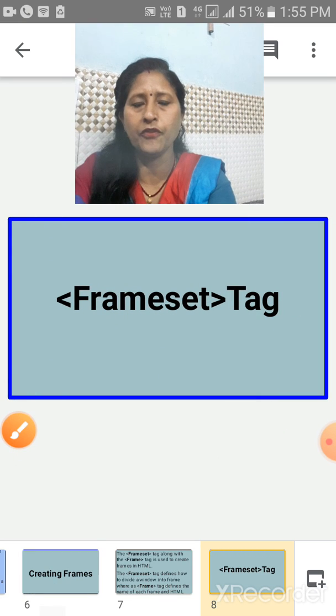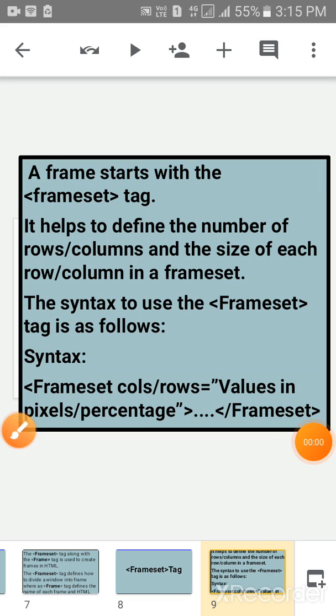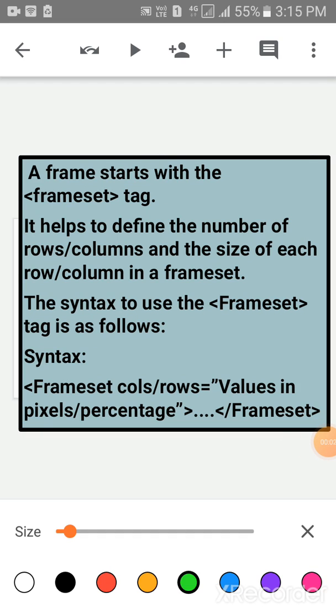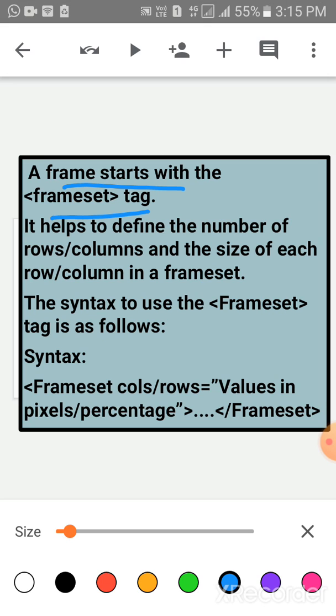Now children, frame set tag. A frame starts with the frame set tag. It helps to define the number of rows and columns and the size of each row and column in a frame set.